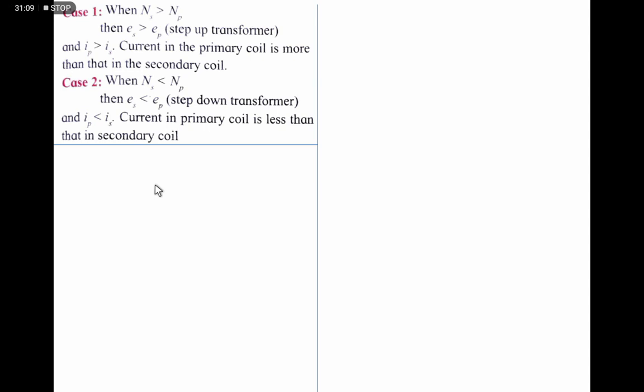So, an important topic from this chapter is the transformer. Questions will be there from this part in the examination. Even the examples are there on the transformer. This is an important article, and with this article we complete the theory of the chapter electromagnetic induction. Now we learn some examples.